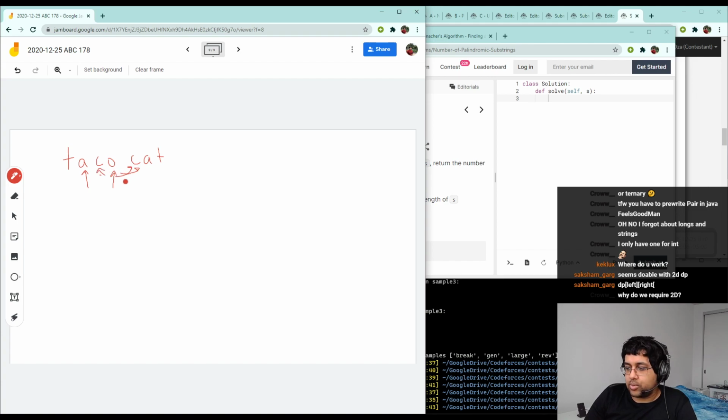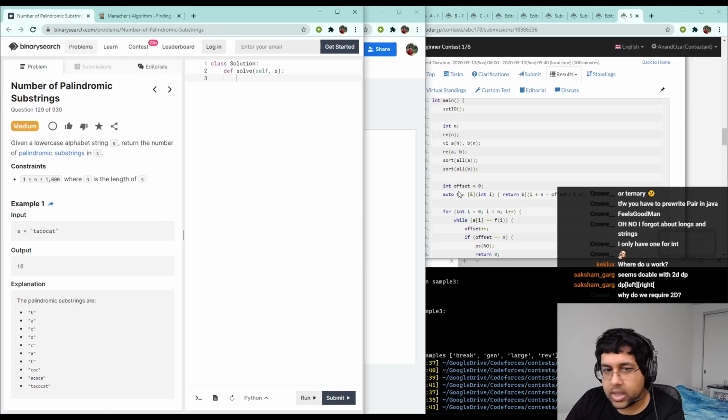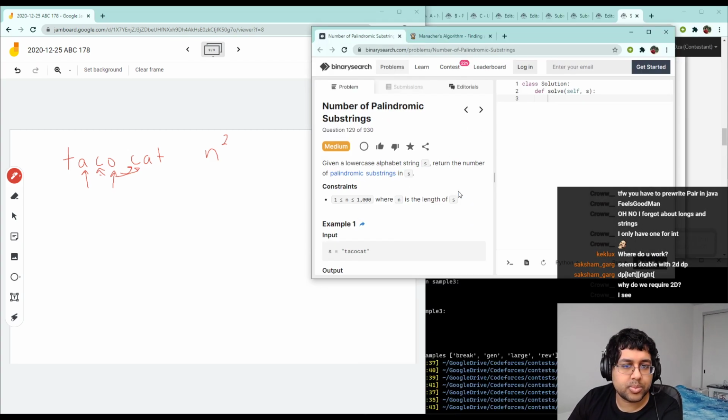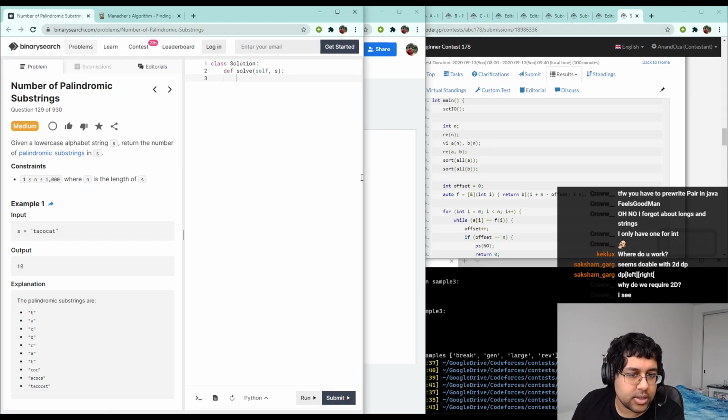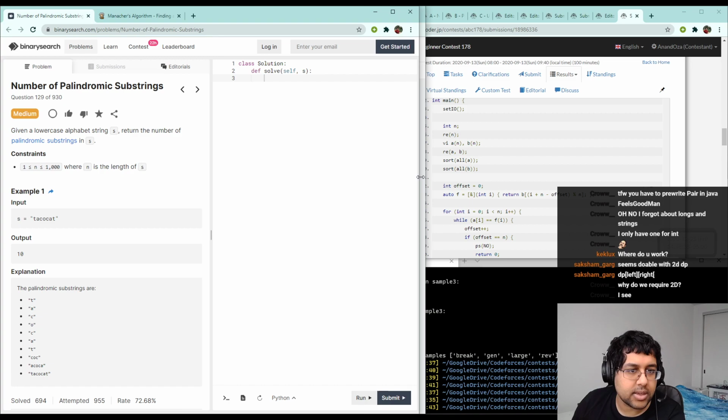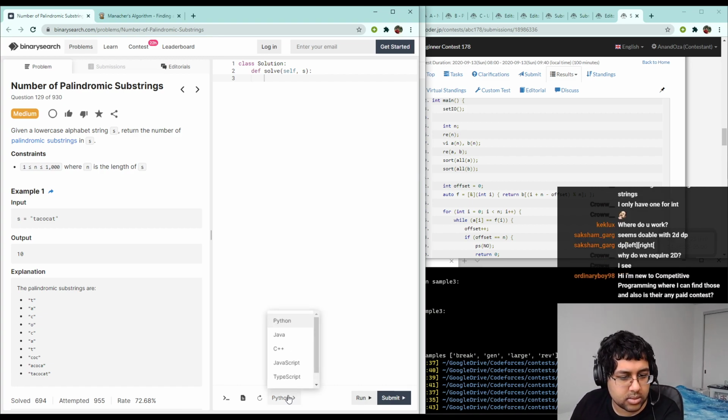So there are n different starting points, and then it could take up to n operations to extend out to the end. So you end up with an n squared algorithm. And so I think this is like, whoops. I think you can just do it like that. So I guess,